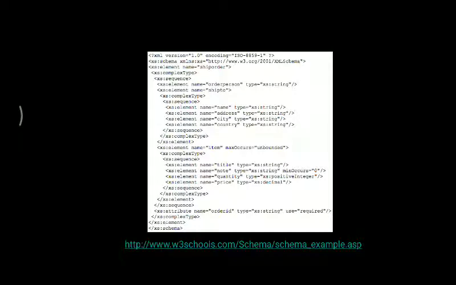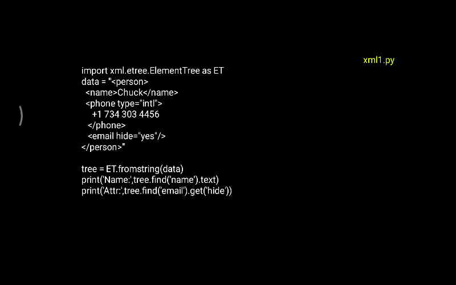So now, one important point. I will directly take you through the Python compiler. And there I will execute one XML file, wherein I will show how to extract the data from XML content to your Python command prompt. So now I'll just stop here.